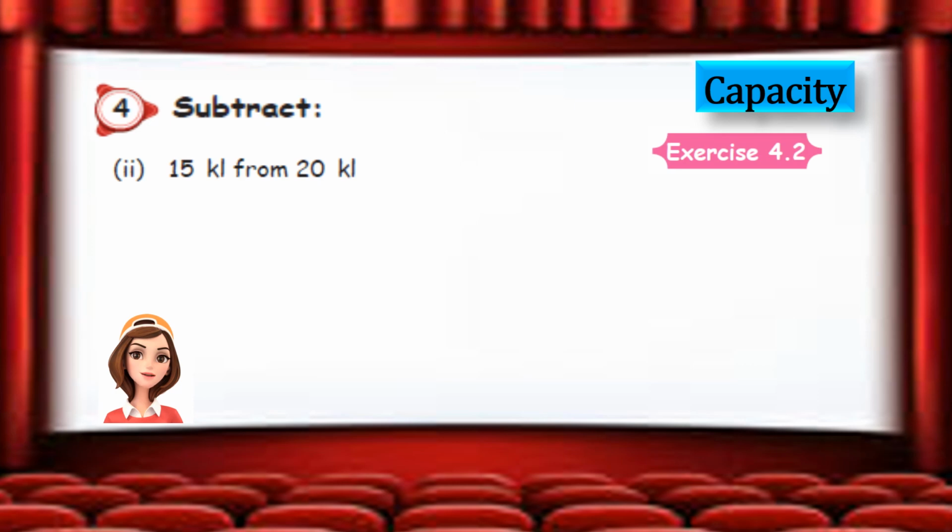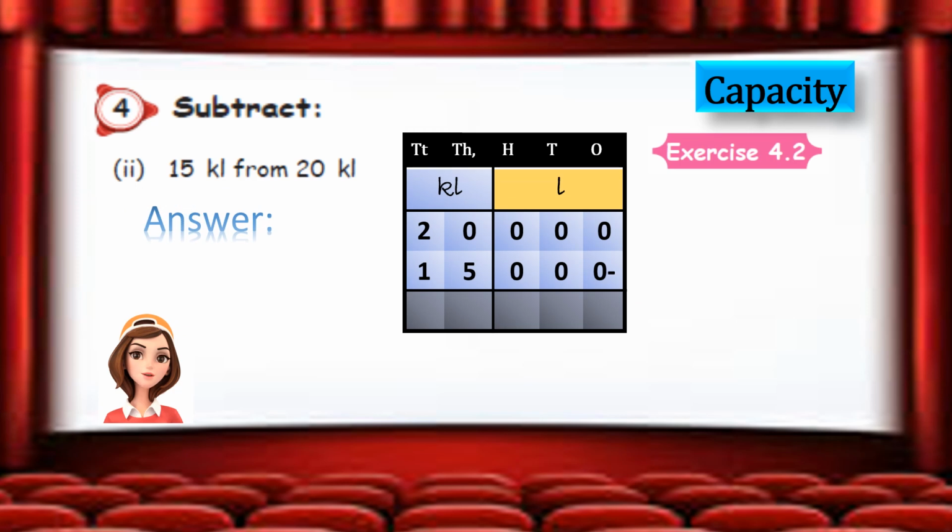Fourth subtract, second one: 15 kiloliter from 20 kiloliter. It's very easy. That is, we are going to subtract 15 kilo from 20 kilo. So with that, mind calculation we can find out the answer, isn't it? So 20 minus 15, what? 5, isn't it? Let us see the calculation here. Yes, both come under kiloliter only. So in the liters column it is full of zeros. Even without that you can write, no problem. Writing only this kiloliter column is also okay.